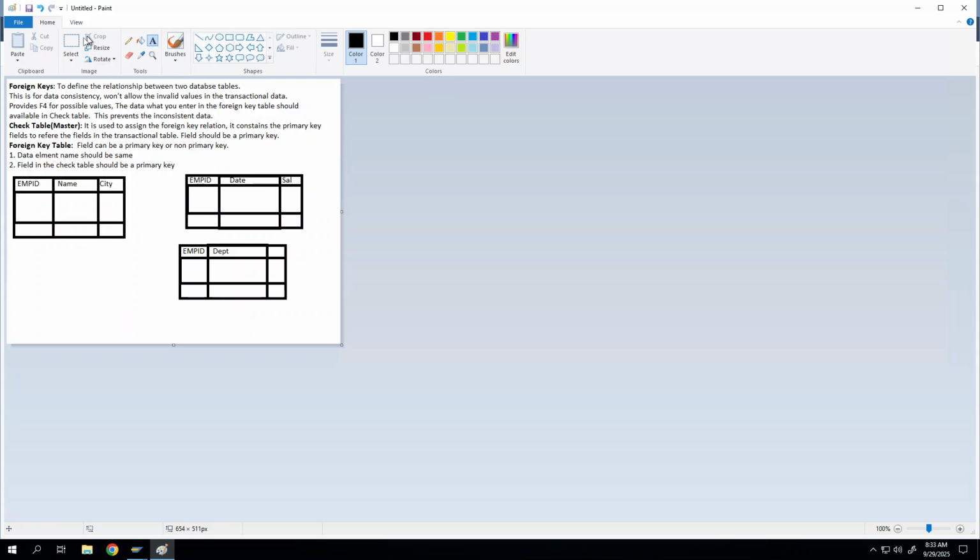Okay, leave the third column. Okay, now to assign a foreign key relationship,